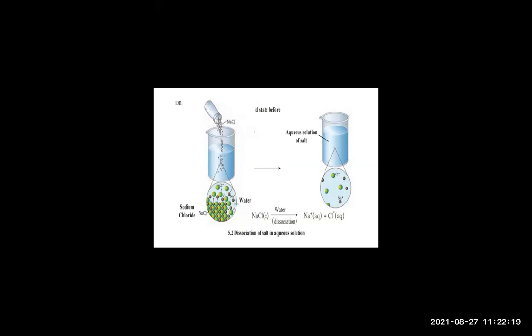Aqueous. What is it called? Why has it become an aqueous solution? Because we have mixed sodium chloride in water and water molecules have separated sodium from chlorine. Yes. When sodium and chlorine got separated, what can we say? Which reaction took place? Dissociation. So how can you write the chemical reaction here? NaCl, on dissociation with water, will give Na+ (aq) plus Cl- (aq).